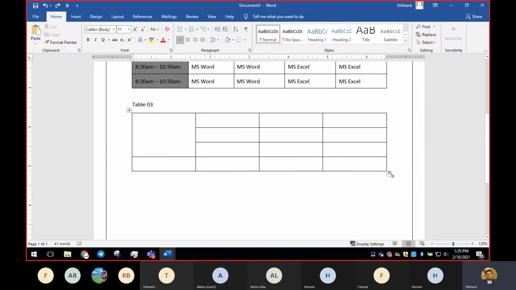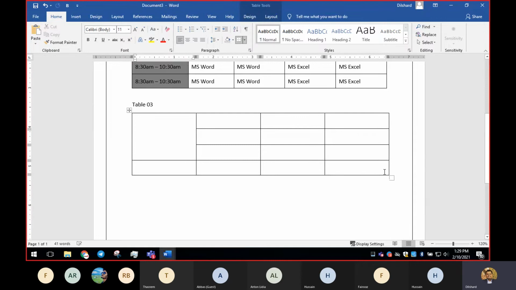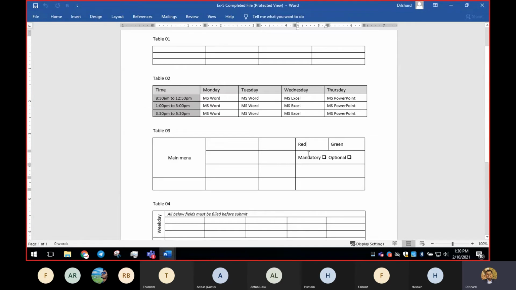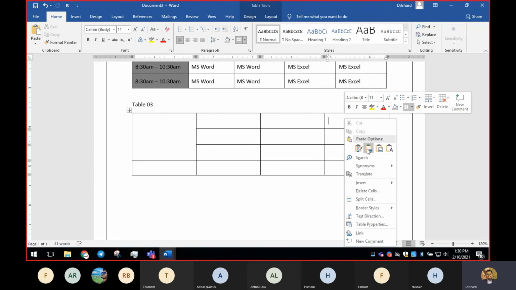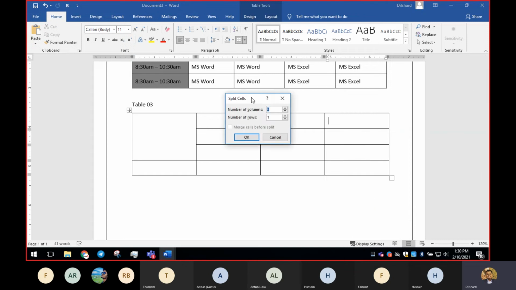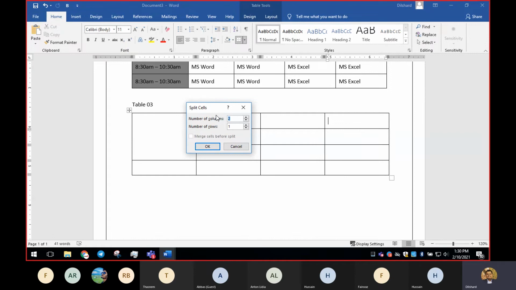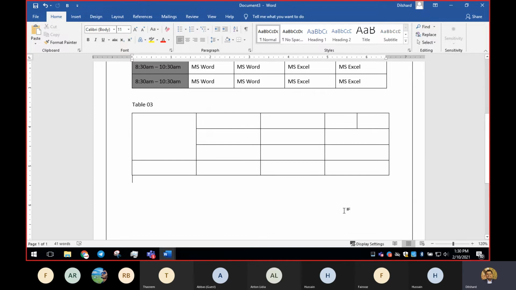Or else, how can we divide this? That's very simple. If you know the way of using split cells, then simply we can divide this into two, right? So we can right click here, and like merge cell, we have something called split cells. If you go to split cells, it will ask you how many columns you are willing to split this specific cell into. I need this to be divided into two columns, but in the same row. So I'm going to keep this one as it is and say 2 here and click OK. Very simple, right? Easy.